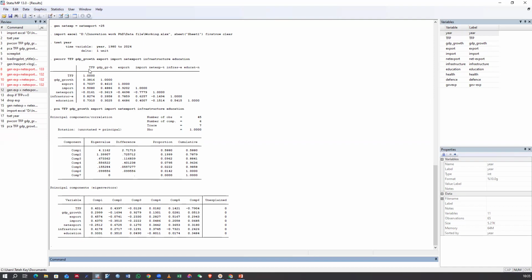You see, now we are saying that the rule of thumb is that the eigenvalue, any number that is below,